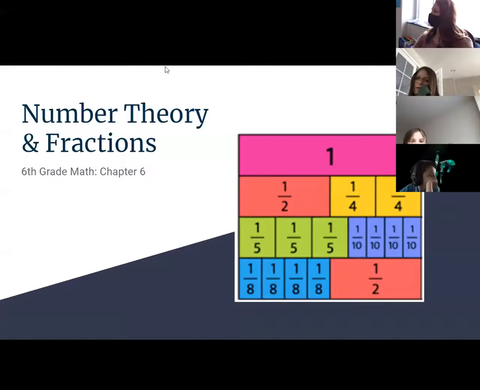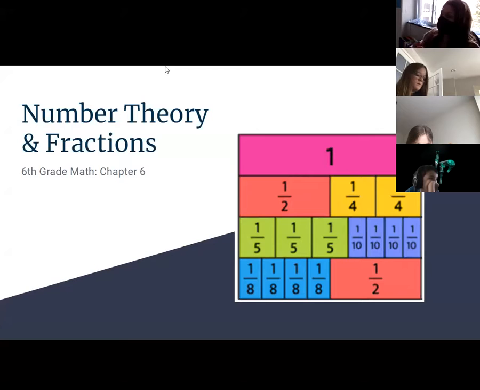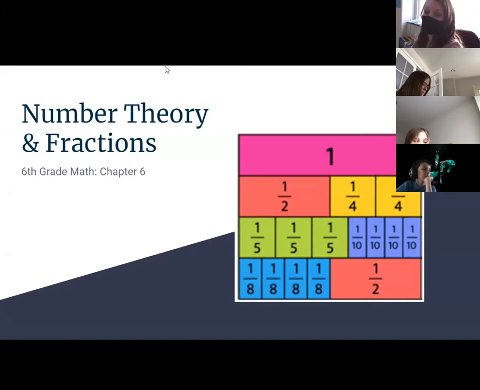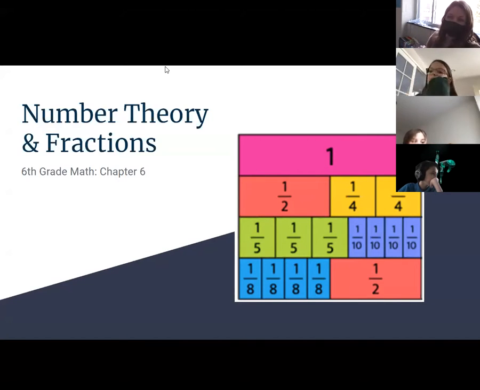So let's get to it. Chapter 6 is all about preparing your brain really for what's coming in fractions. Understanding that numbers fall into one of two categories, prime and composite. And to help me with that demonstration today, I've been talking about this metaphor for a long time. And in normal times, we would be dumping out buckets of Lego and building composite numbers with agreed upon Legos that represent prime numbers. For instance,